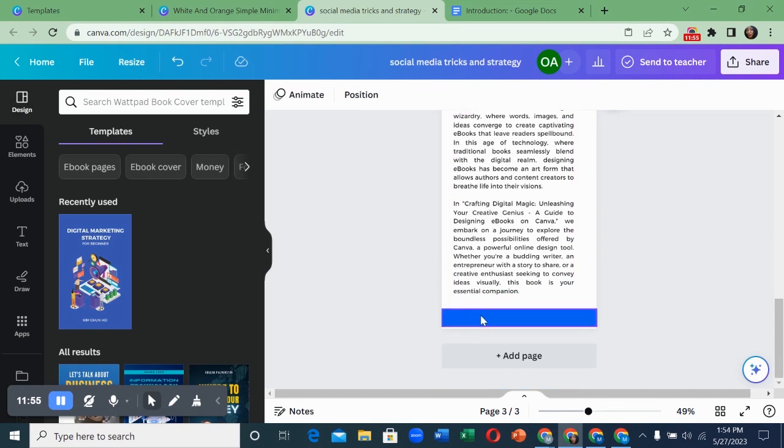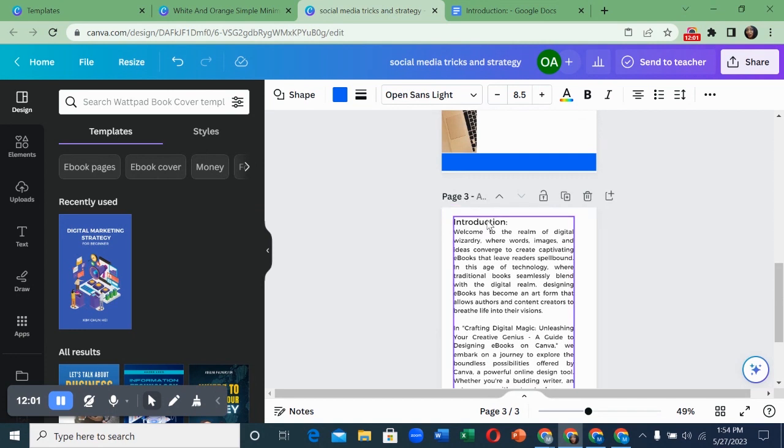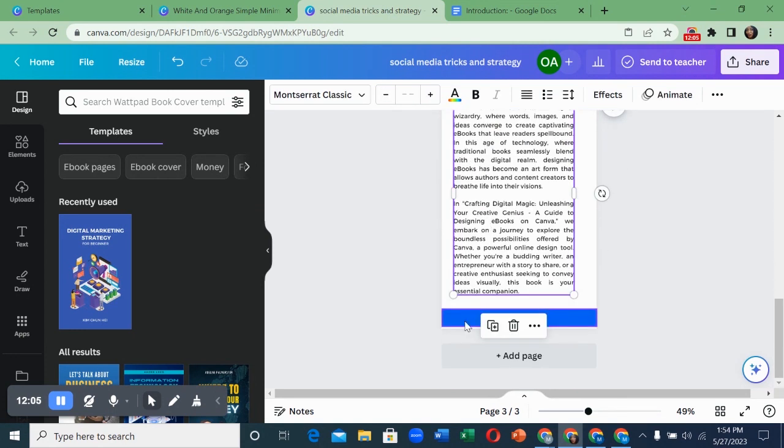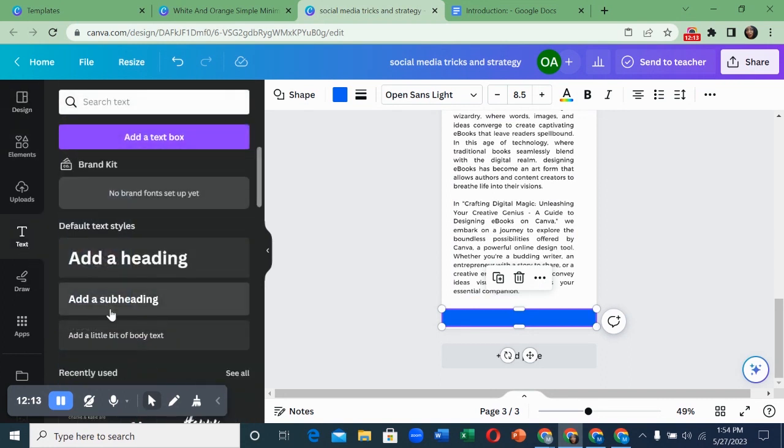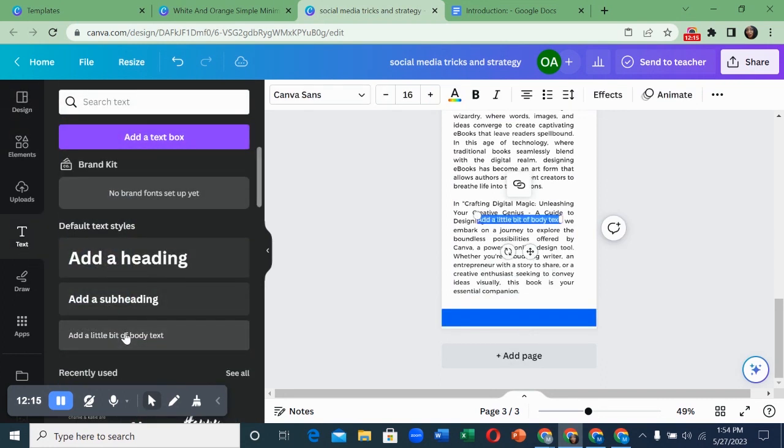So you want to come here and number this. You want to put a page number on this. So what you do, you come here, you want to put a page number, you click on text, you add maybe a little body to here, you can just drag it,